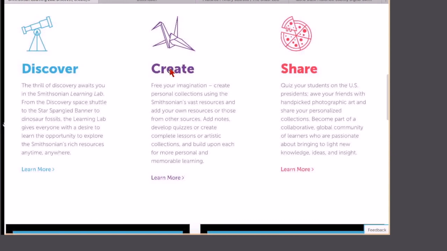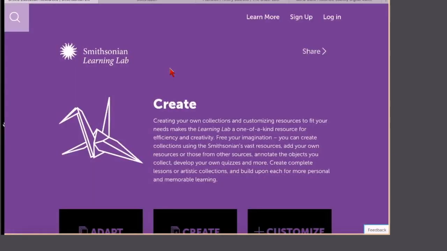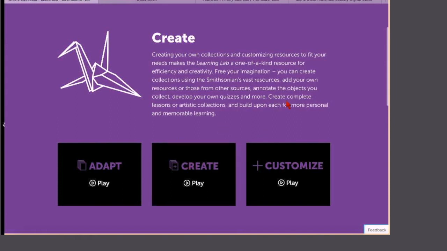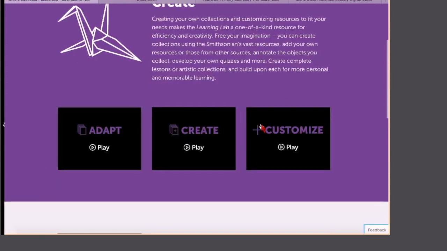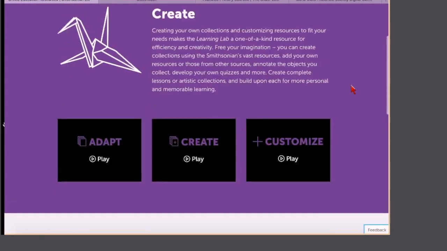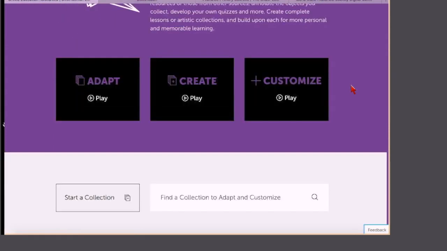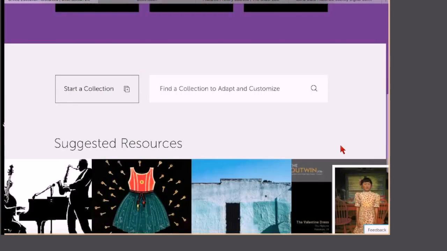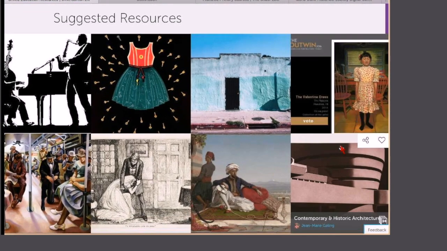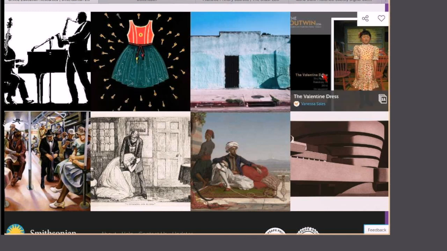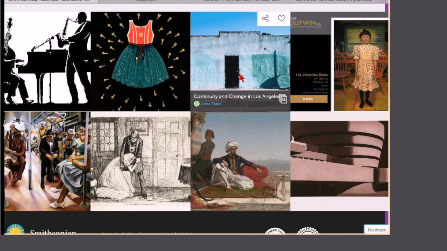If you're not using the Discover tab, there is this Create tab, and this is really great because there are informational videos on how to use each of these sections, but it's great because it lets you create a collection. So this is a good activity for students because they can run through each of these, they can run through pictures and they can combine them in a way that makes sense to them,